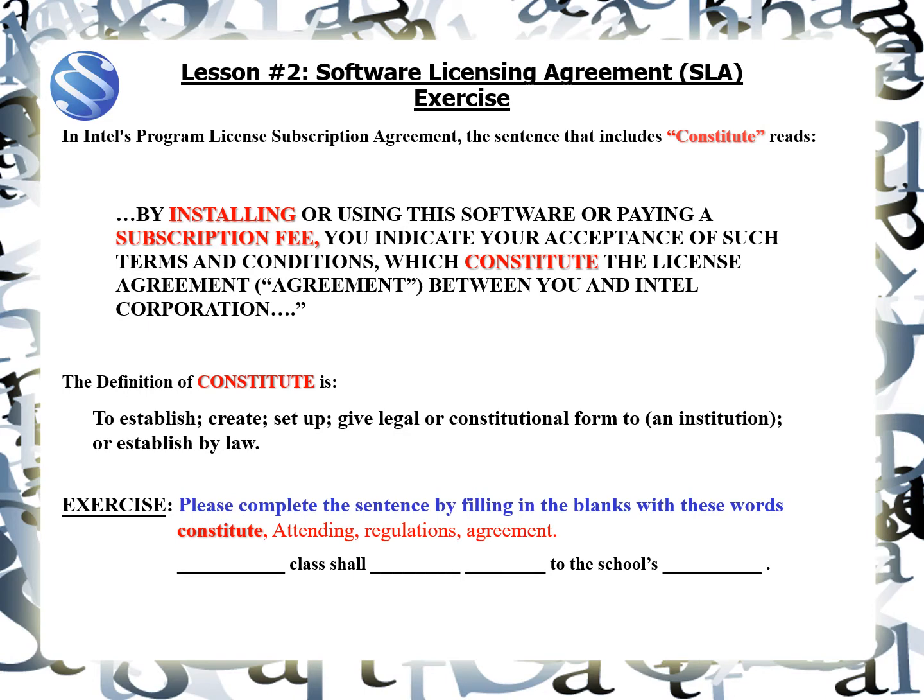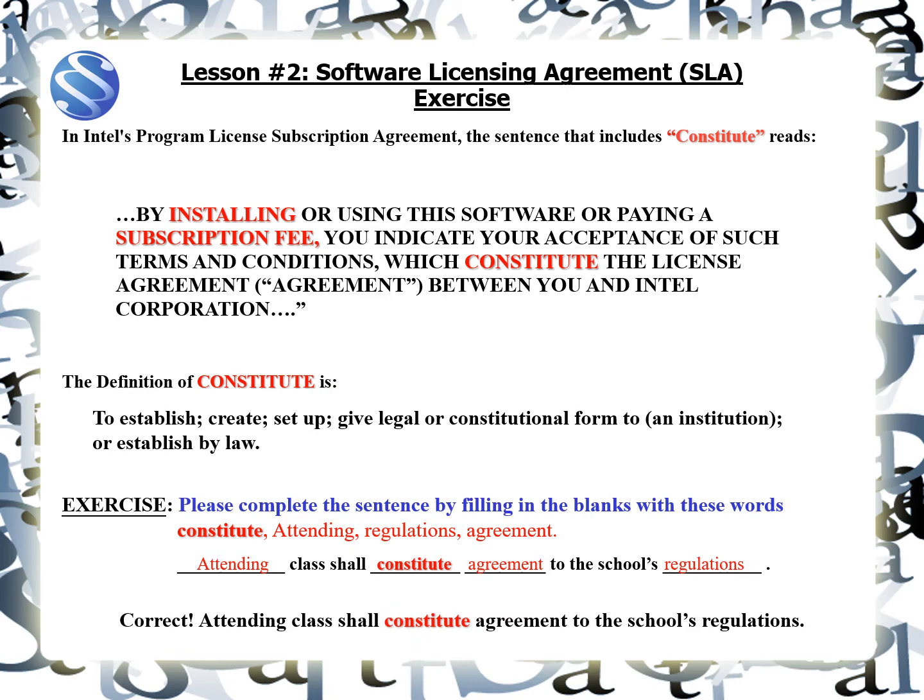The exercise for constitute is, please complete the sentence by filling in the blanks with these words: constitute, attending, regulations, agreement. Very good. Correct. Attending class shall constitute agreement to the school's regulations.